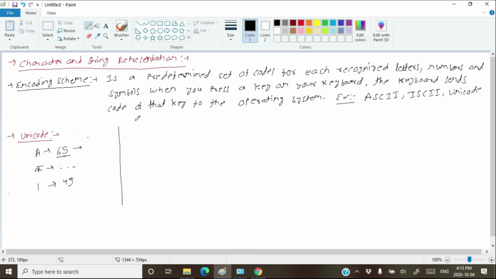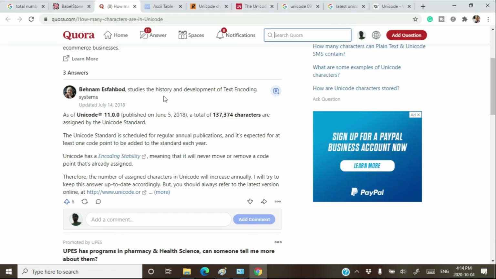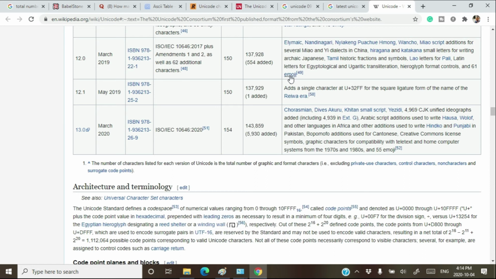So there are actually a total of 1112064 code points. These many code points are present, and all these code points are not assigned to characters. There are very few characters in the Unicode. If you see here, actually we have a very few number of characters compared to the code points available.